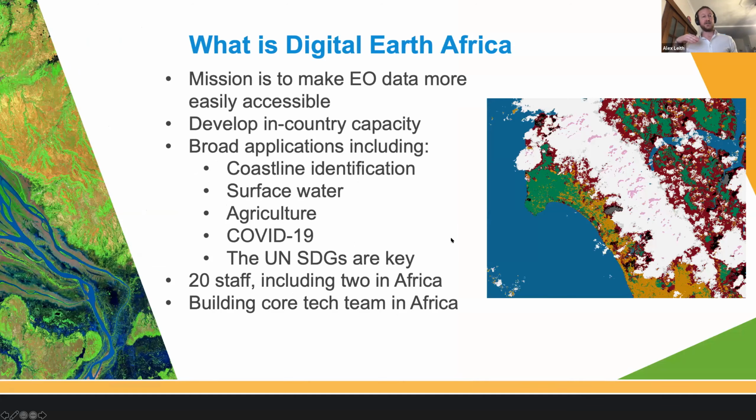Digital Earth Africa is a project that's built on the back of the success of Digital Earth Australia. We have funding from the Department of Foreign Affairs in Australia and from the Helmsley Charitable Trust in the US to make Earth observation data more easily accessible over the African continent. It's also about developing in-country capacity and has a broad range of applications, largely oriented around the United Nations Sustainable Development Goals. There are 20 people working on Digital Earth Africa, and we're right now hiring